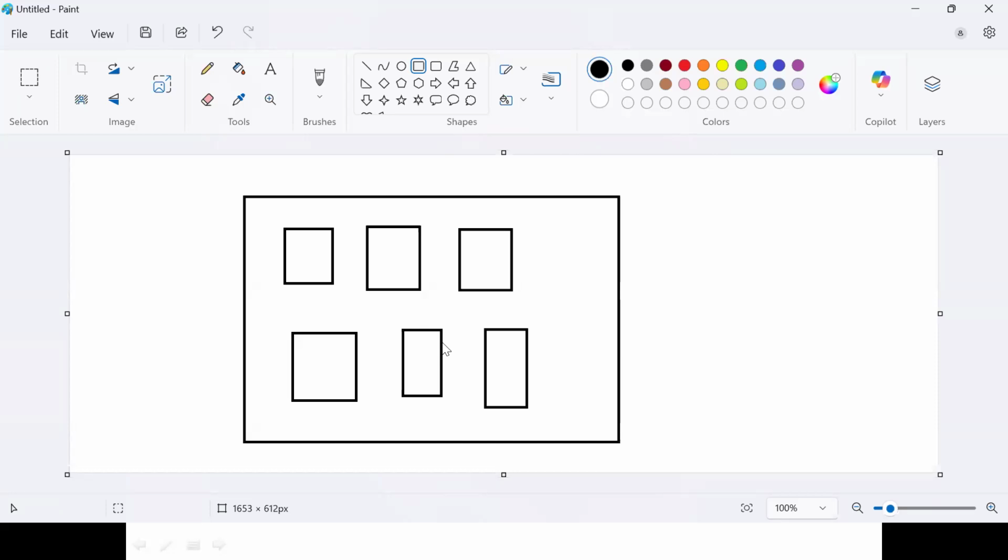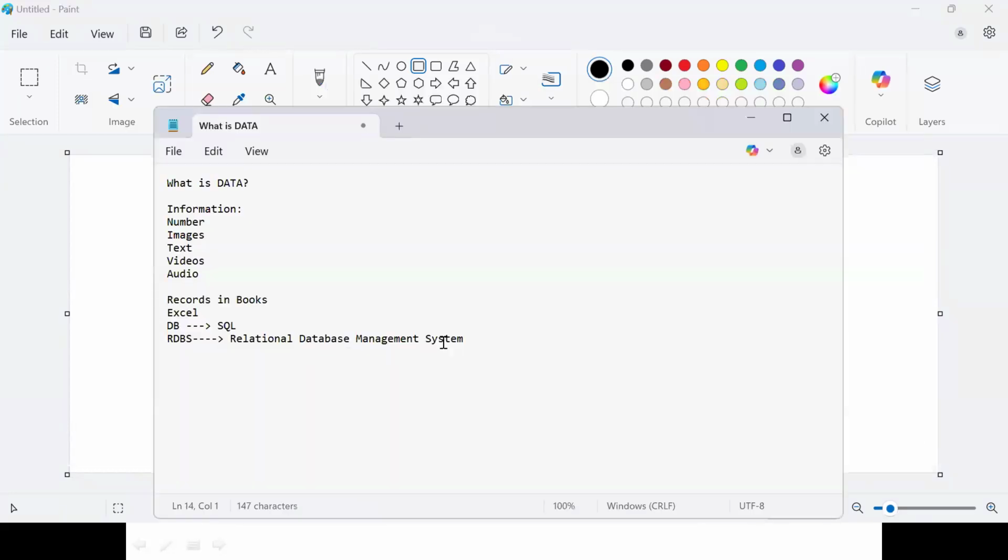Why do we need a relationship? How will we build a relationship? We need a relationship to get more information about, for example, a customer. I have customer data, which I can get from the customer table, but I should know what products he ordered, what the price is, and what the order ID is. So how will I get it? When we split, this data is going to sit in the sales table.